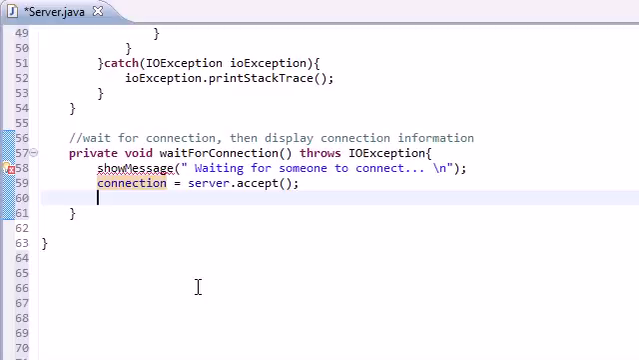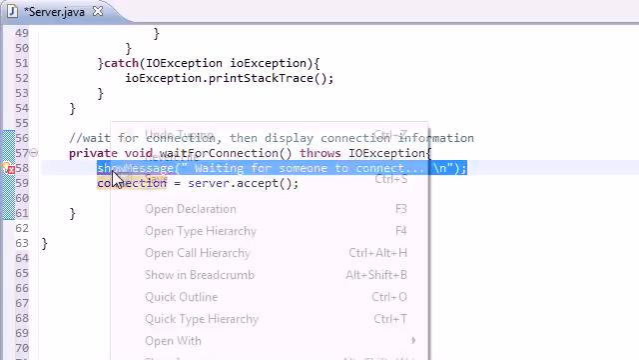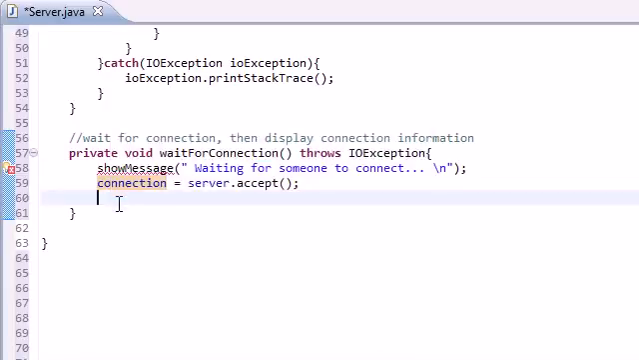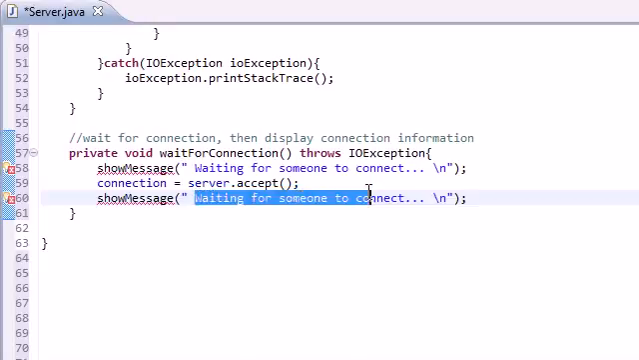So the next thing you need to do, now that you're connected to someone, is put another output message. I'm too lazy to type it, and I know I didn't use Control C, Control V. I know about it, I'm just too lazy to type with my left hand from time to time. So we'll just say, once you have a connection, now connected to